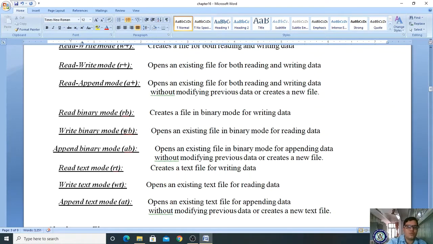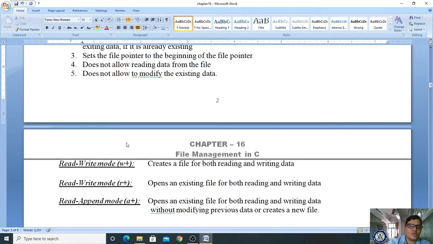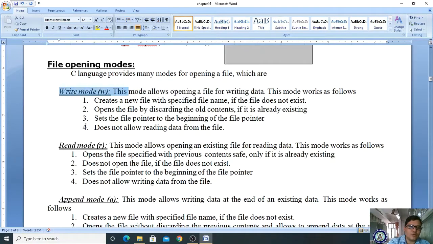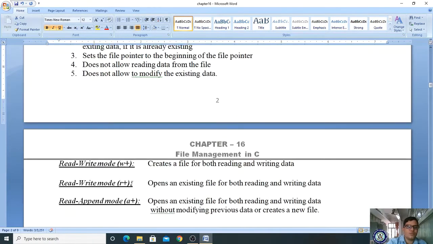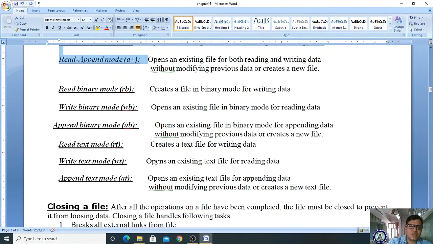So these are the various kinds of modes available, but you should note write mode, read mode and append mode. These three are very important, and you should go through W plus, R plus and A plus. The rest you can just look over.